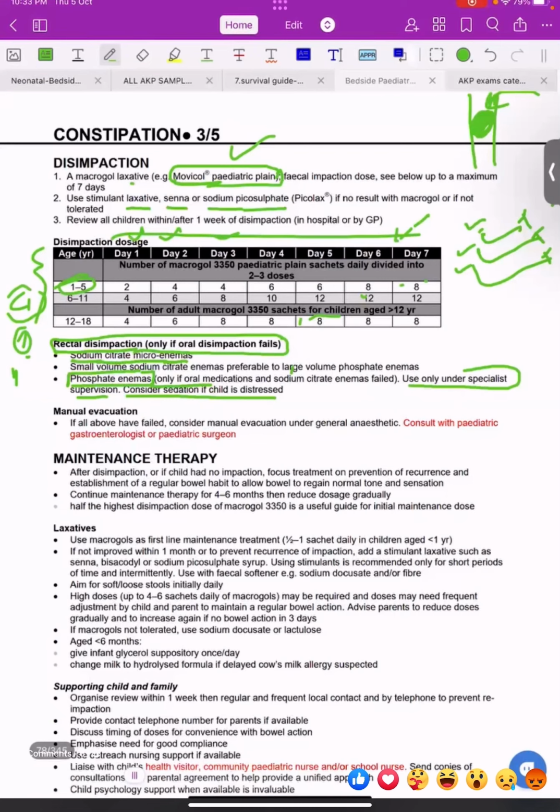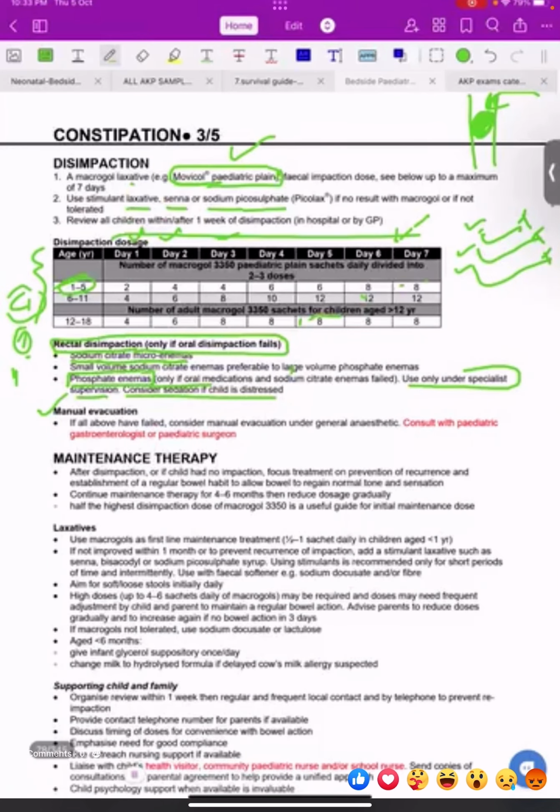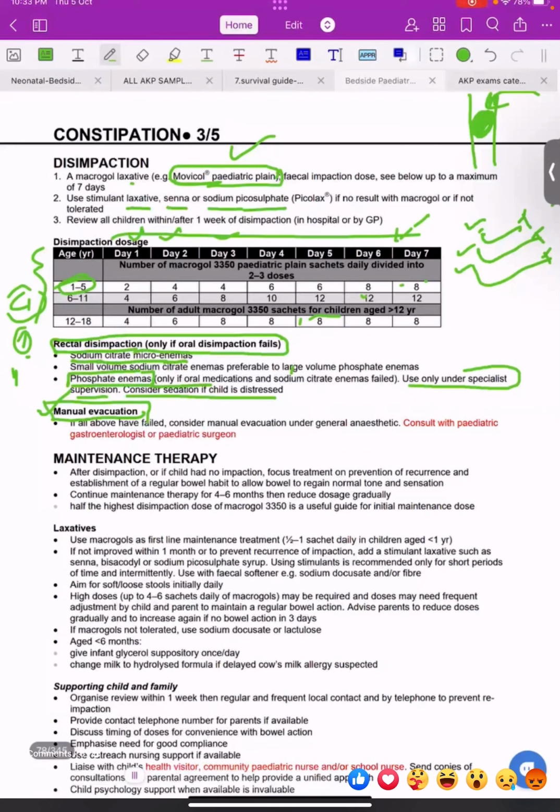Okay, if all this fails, what do the doctors do? Manual evacuation. Basically, just memorize it: if all enemas fail, then the surgeons, after using general anesthesia, consult with the pediatric gastroenterologist or pediatric surgeons. When you read these guidelines, please always look at what the multidisciplinary approach is, which department